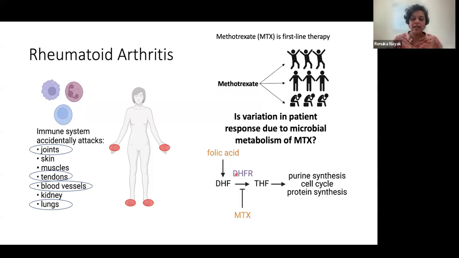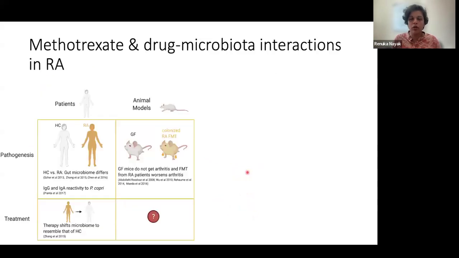And folate is reduced by the enzyme dihydrofolate reductase into tetrahydrofolates that are critical for key cellular processes like purine synthesis, cell cycle, and protein synthesis. And methotrexate was originally designed to target this enzyme dihydrofolate reductase. But because this is such a conserved pathway from bacteria to humans, I was curious, well, do bacteria have enzymes to digest folate? And do those same enzymes also act on methotrexate? So that was the motivation for pursuing this line of investigation when I first started these studies.